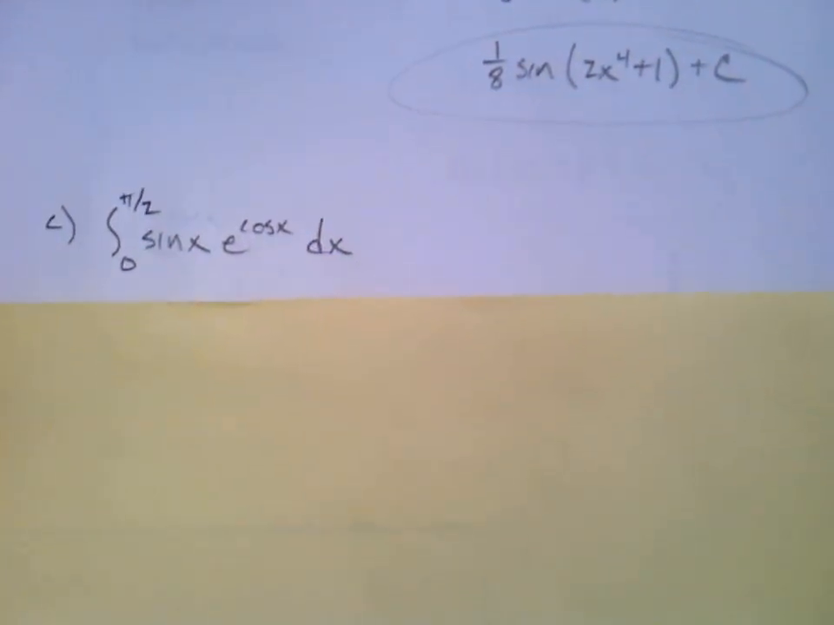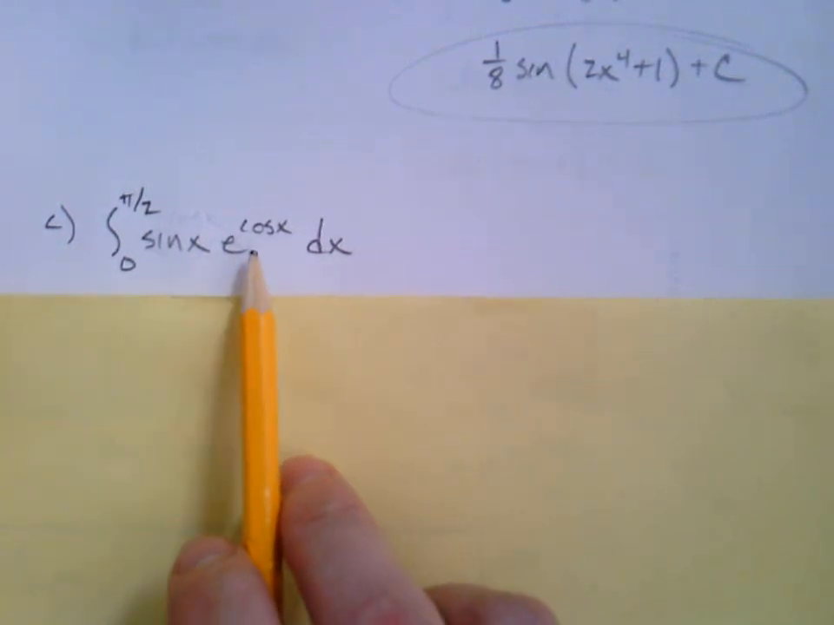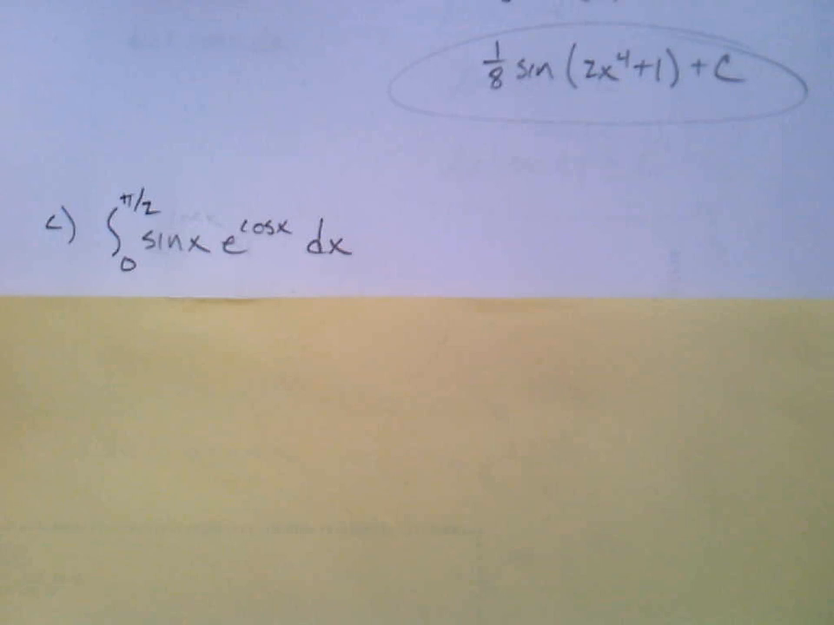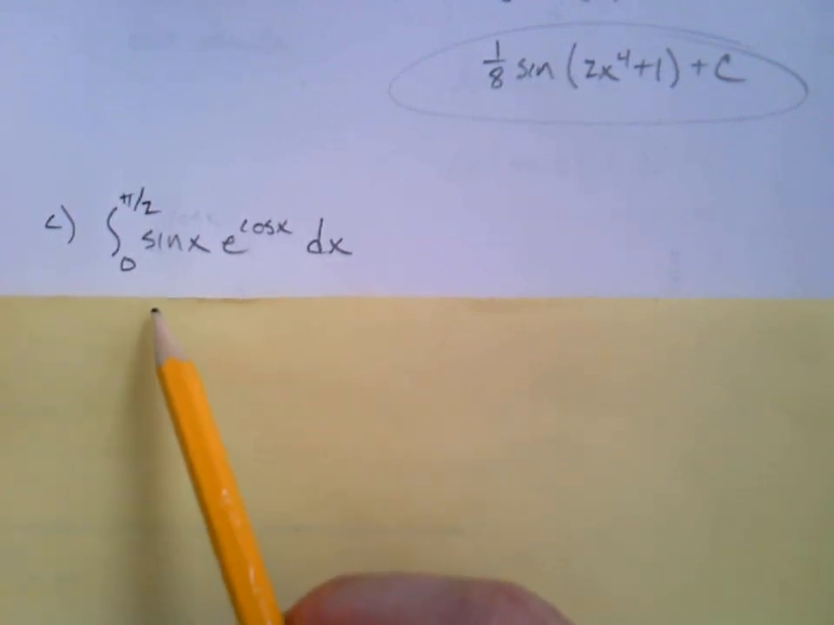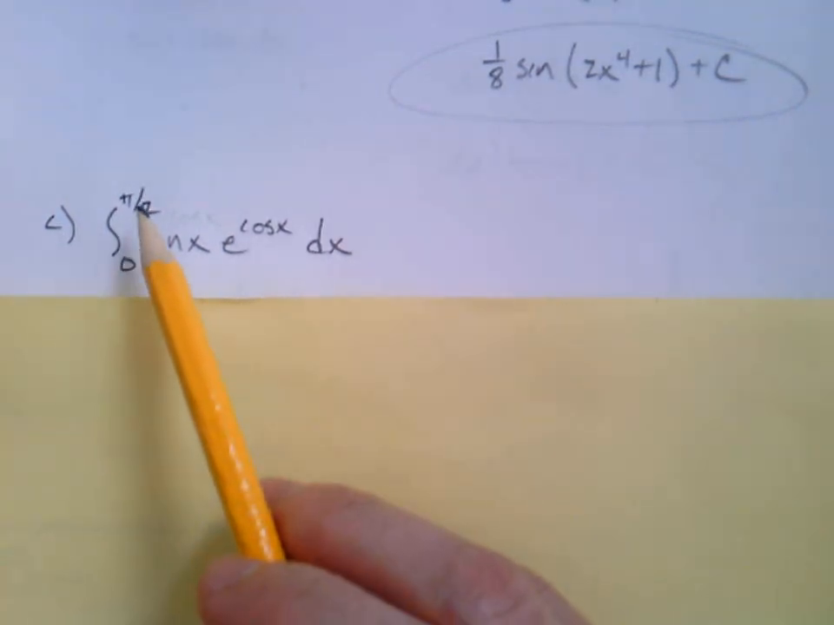Part C. Now we're getting a little bit harder. This one is a definite integral: 0 to pi over 2 of sine x e to the cos x dx. All right, well, one thing I should point out here at the beginning: when we go to plug in the 0 and the pi over 2,